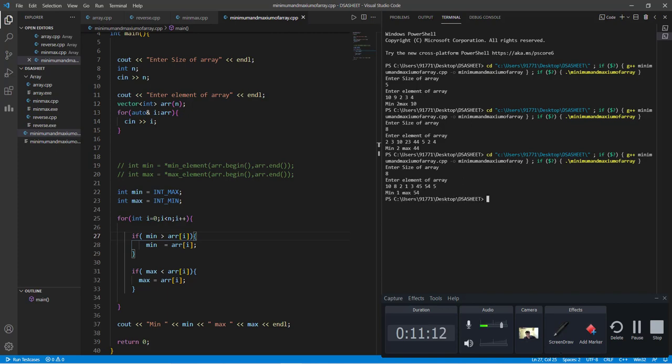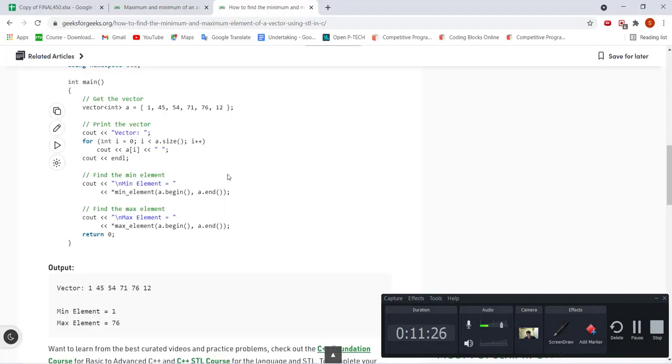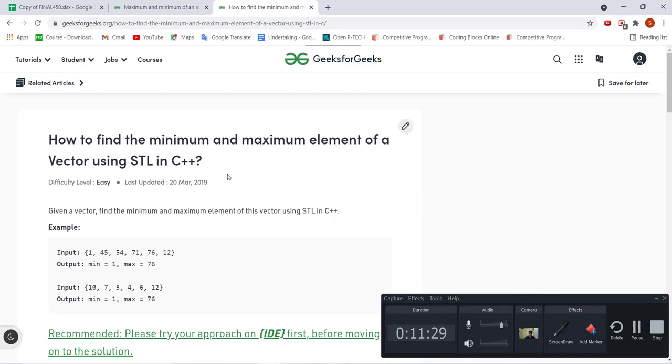So minimum is 1, maximum is 54. As you can see, 1 is the least value and 54 is the maximum value. Fair enough, so we have done it with the second method. Now let's go back to the question and emphasize one more condition, which was that we had